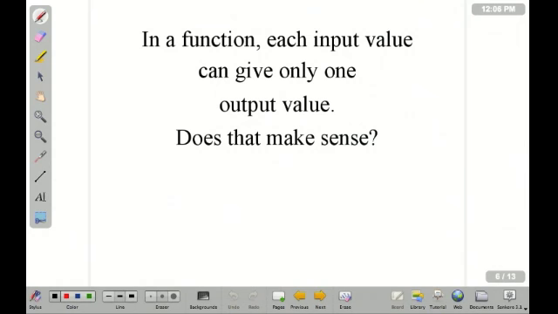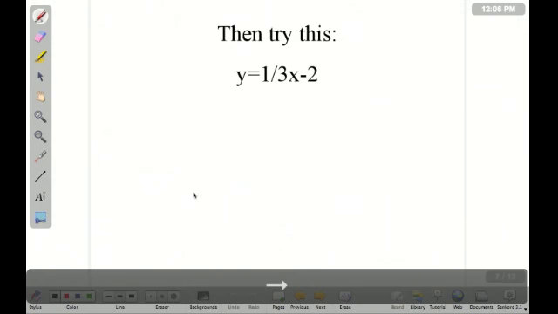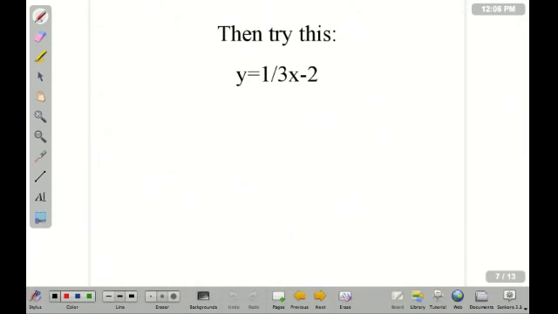So the importance about a function is that each input has only one output, and that's the critical part of a function. What I mean by this is, let's give a series of values: 0, 1, and 3. Now, in order for this to be functional, regardless of what I plug in, I'm going to get a unique